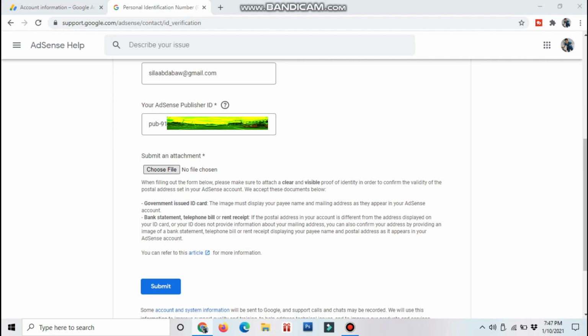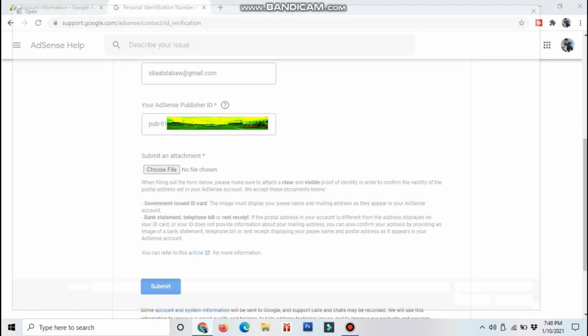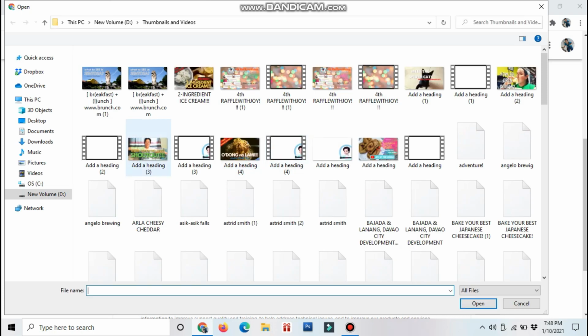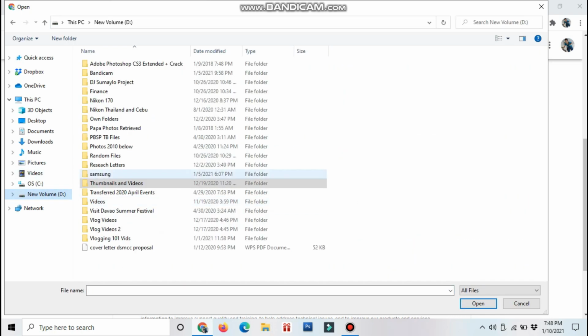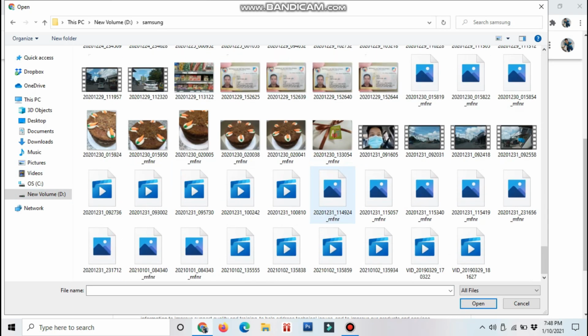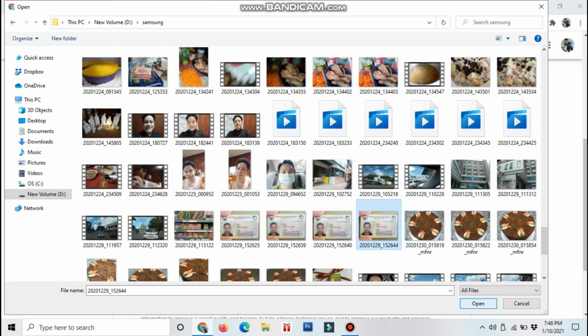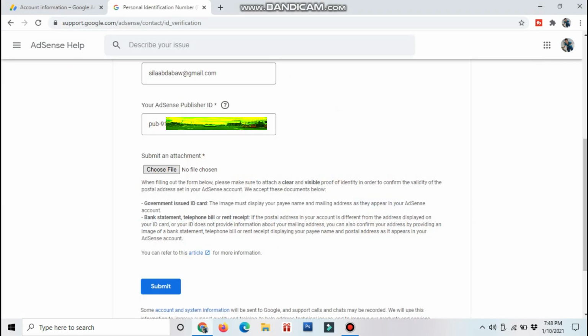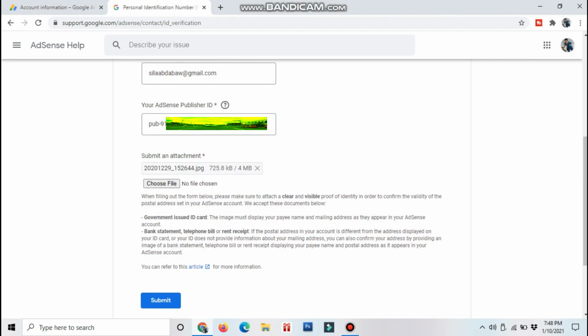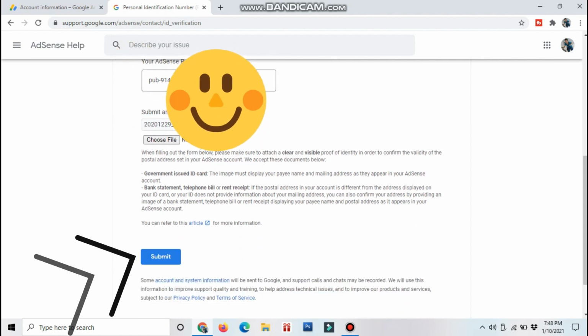So search in your ID. So after choosing your file, and it's going to upload, and after which just press the submit button,